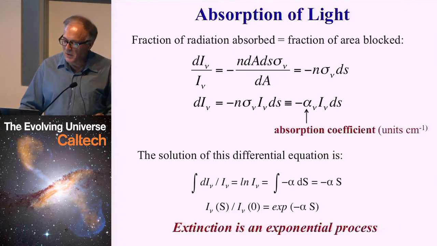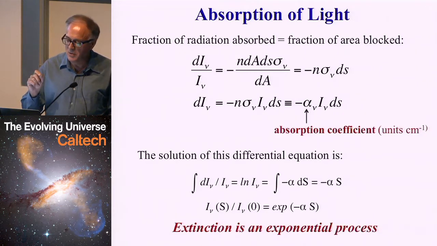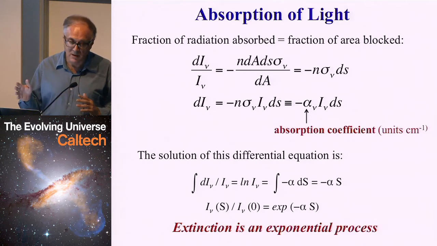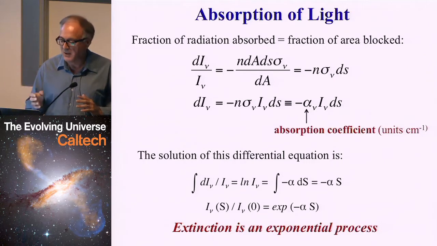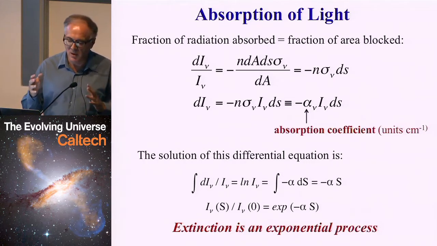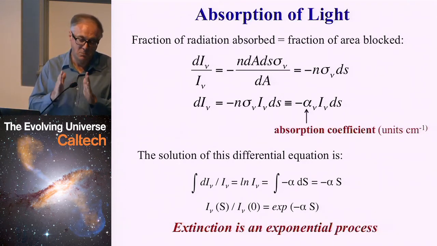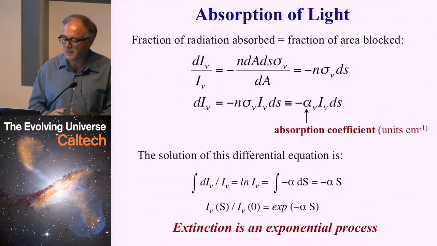So now what happens? There'll be a fraction of radiation that's absorbed, proportional to the fraction of the area that's been blocked by absorbers, like dust grains. You can express it this way: the change in intensity divided by the intensity itself, so it's a relative fraction, is going to be negative because light is being removed, not added. It's times some cross-section, a combination of the density and so on, and the path length. The longer the column, the more likely you are to encounter absorbers. Right? And so this is a very simple differential equation